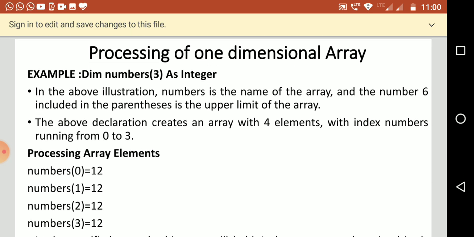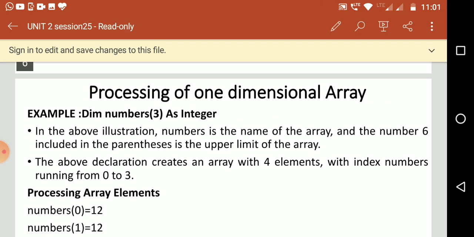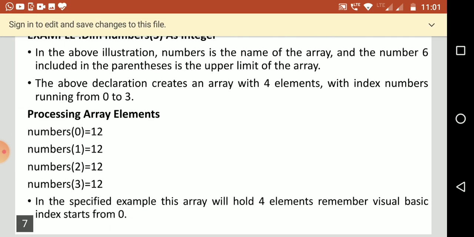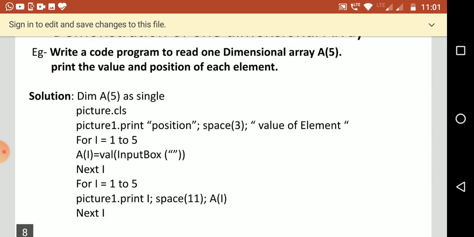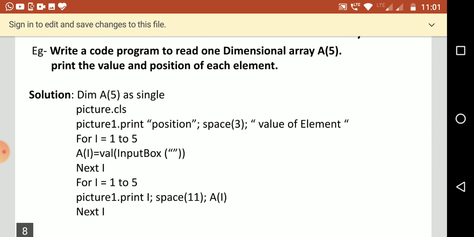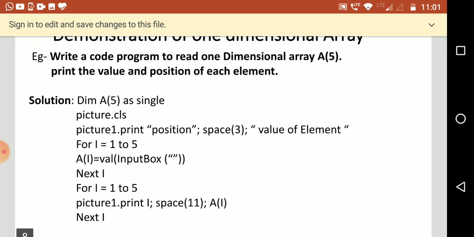So now let's see how to process the array. So this is the code. This is a program to read a one-dimensional array and print the value and the position of the element. So here you have an array named A with the size 5.